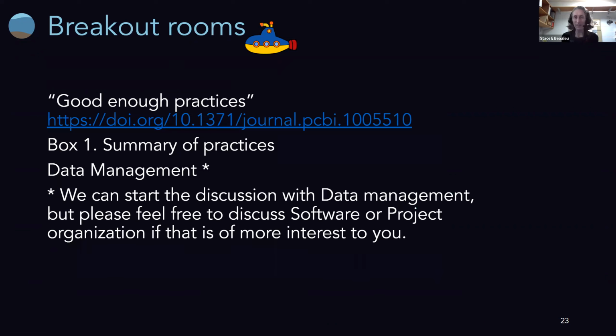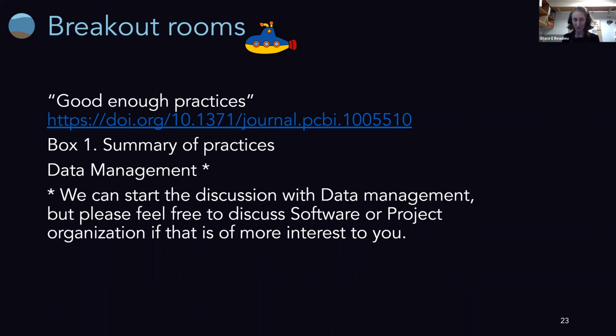At this point in the live session, we'll break out, and we would want to use this breakout period not only to meet each other, but also to choose one of those bullet points from data management or software or project organization. Choose one that really hits you today, that you want to make some progress on, that hits you as important in your work.